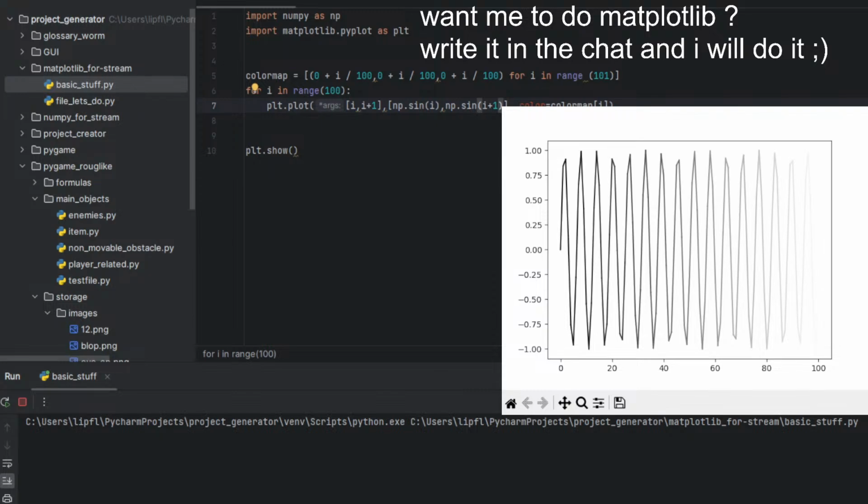Now, what I also wanted is, let's move them, but not now. I'm sorry.